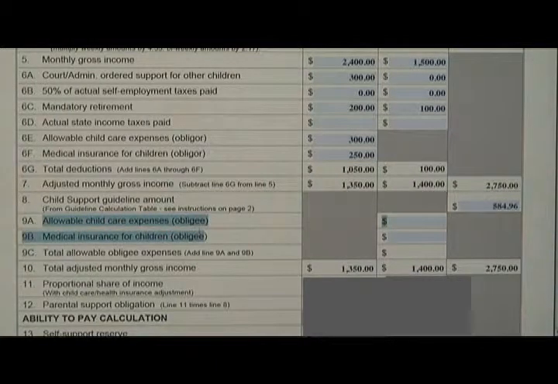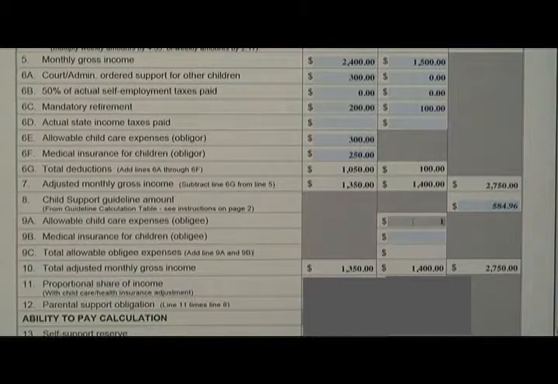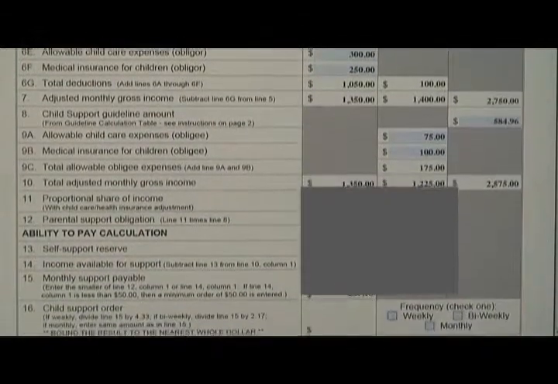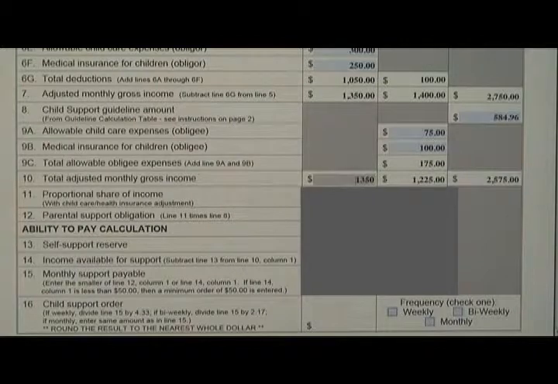Line items 9A, 9B, and 9C are allowable expenses for the obligee. So Jane's allowable child care expenses, line 9A, we will say will be $75. Her medical support for her children, we will say will be $100. And the total allowable obligee expenses are $175. Line 10, the total adjusted monthly gross income for each, would be $1,350 for our obligor and $1,225 for our obligee, which would be a combined amount of